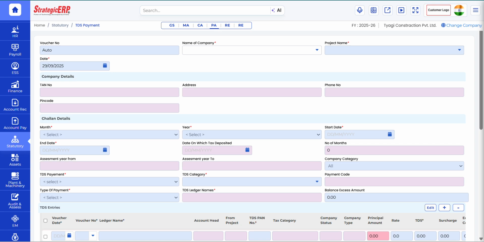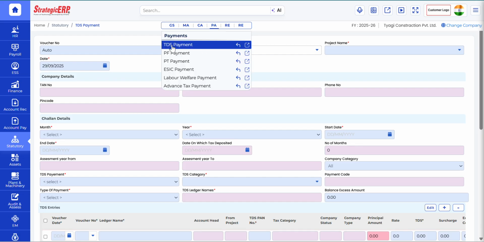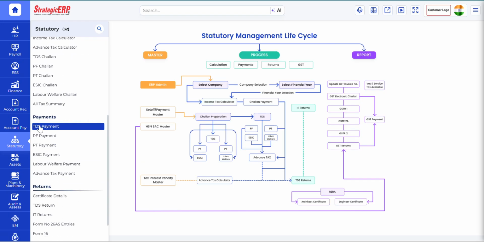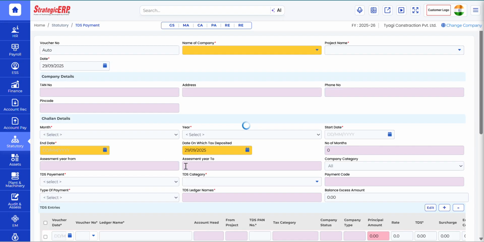So today we'll learn how to make TDS payment in Strategic ERP. To book TDS payment in Strategic ERP, you need to navigate to the statutory module and open the form TDS payment, and that will come under the payment section. Once you click on the TDS payment form, this form will open, and then you need to select